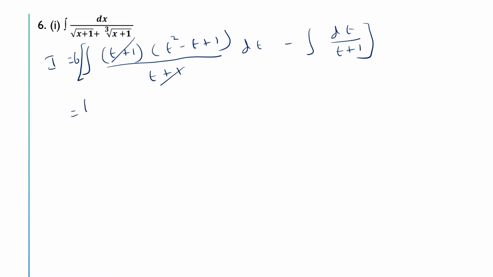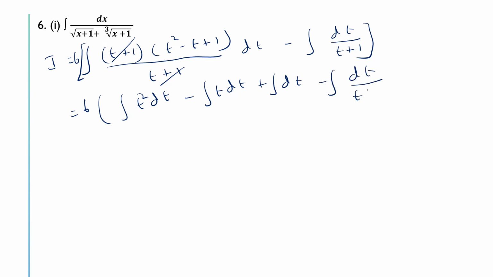Now it is easy to solve. So this will be 6 into integral t square dt minus integral t dt plus integral dt minus integral dt by t plus 1. So this is equal to 6 into t cube by 3 minus t square by 2 plus t minus log mod t plus 1